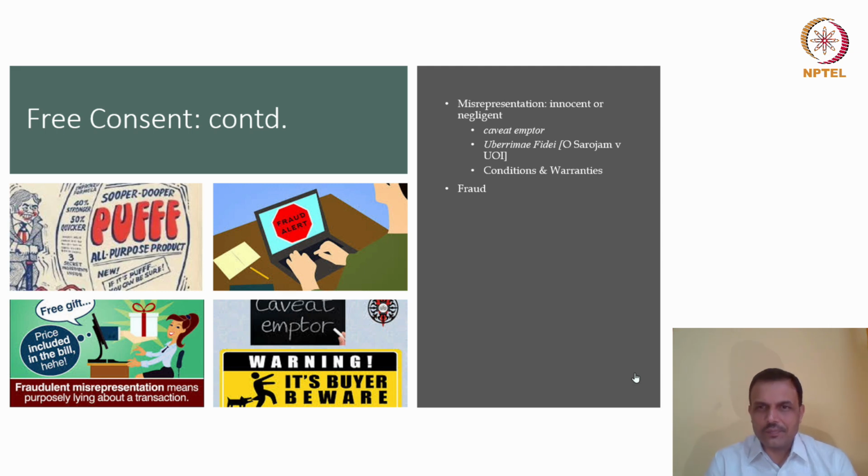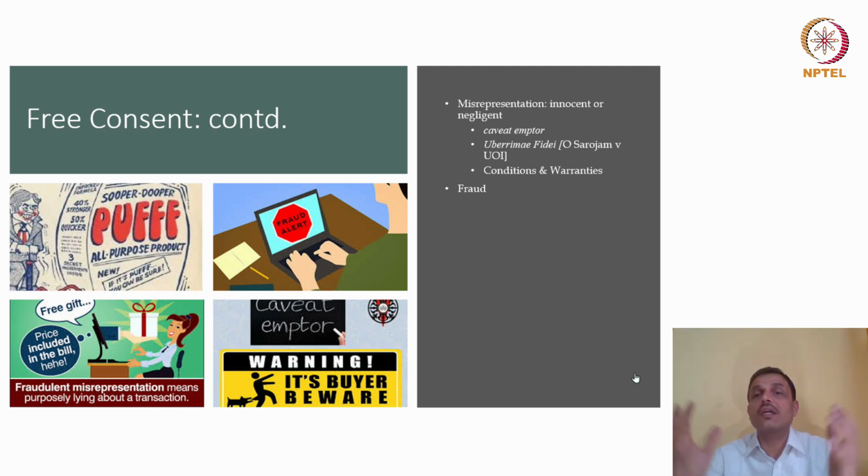So friends, right now, let's move on to understanding another aspect of what we call the essentials of a contract, which can be vitiated through grounds that may affect free consent. So we know that free consent is an essential ingredient, and the parties have to agree on the same thing in the same sense. That is the principle of consensus ad idem, right? So once you agree to the same thing in the same sense, then there is a contract, right? So the meeting of the minds theory, right?